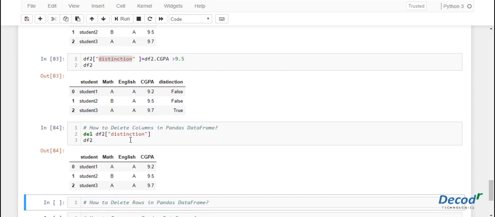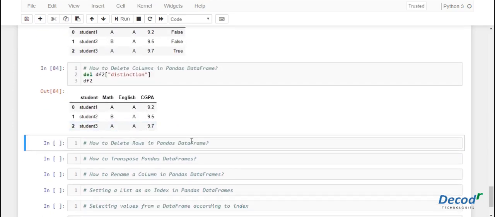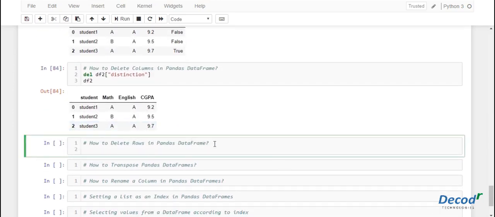Now let's see how to delete a row in a pandas data frame. So you just have to type df2, that is the data frame name, followed by the drop function, which takes the parameter index.